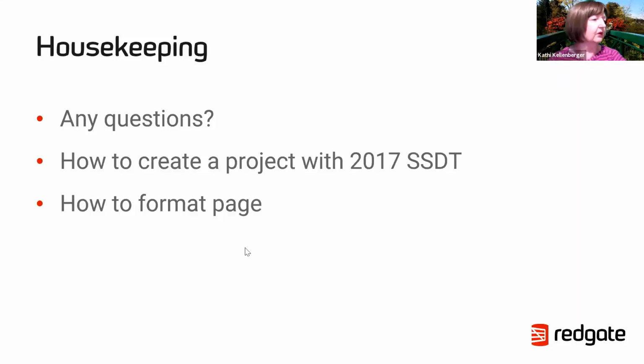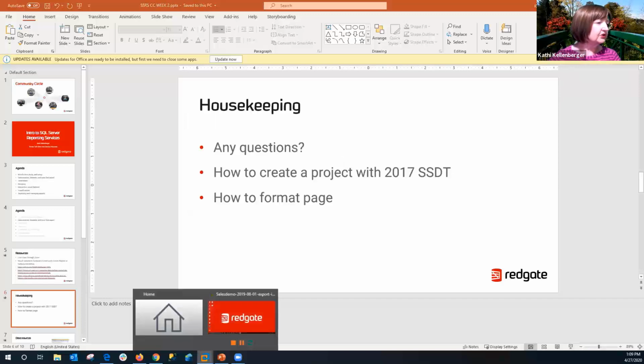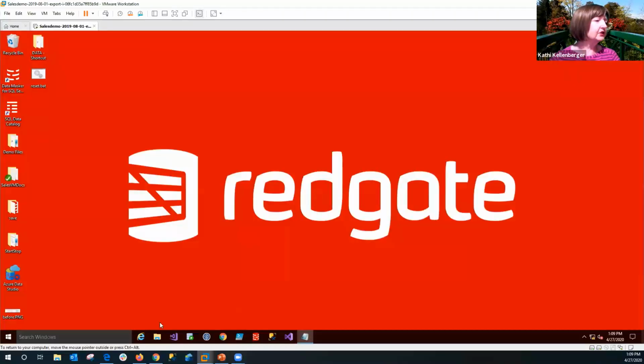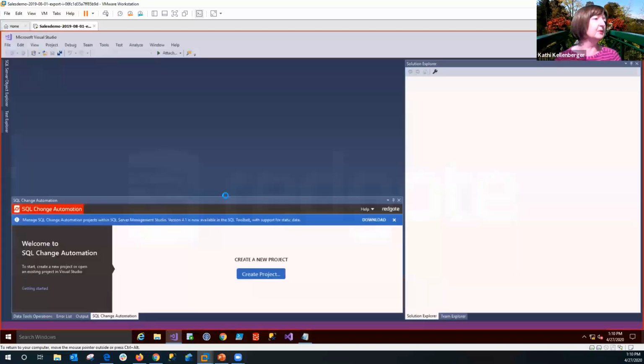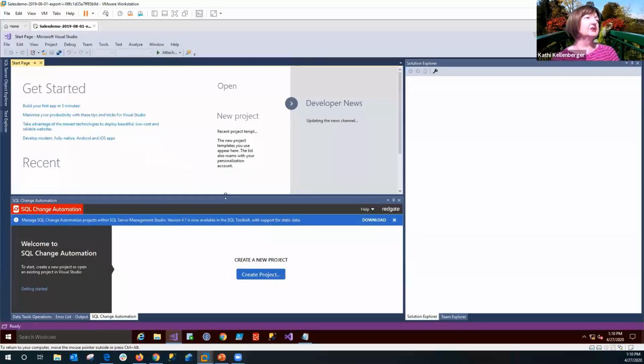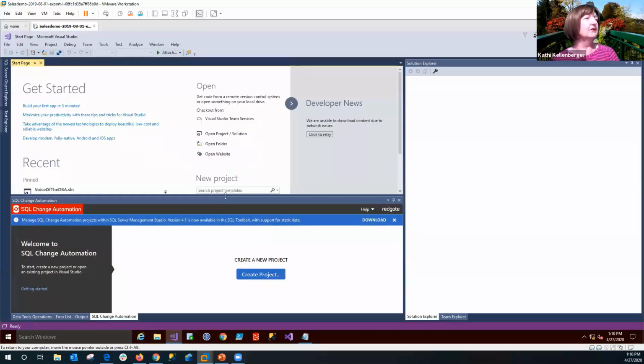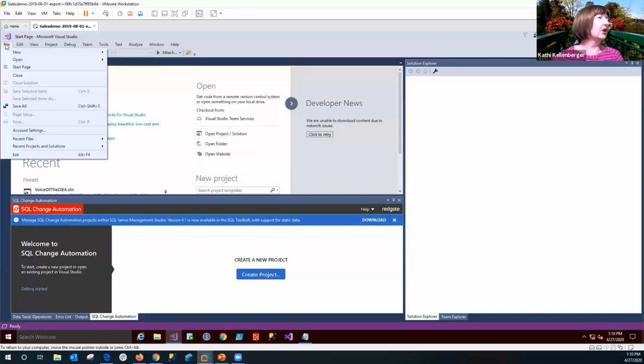So I'm going to hop over to my virtual machine. And first of all, I'm going to open up 2017. So this is 2017 with the SSDT add-in, which is, at least for now, still available. And it's just one download and one install instead of a couple of steps. So some of you might have done that. This is the traditional look of Visual Studio. And to get started, say New,